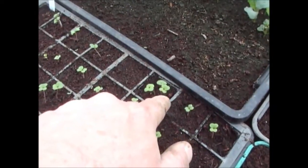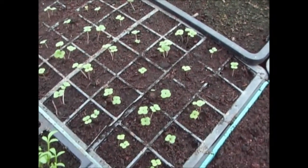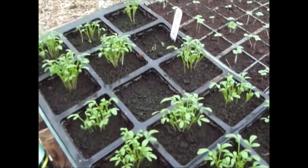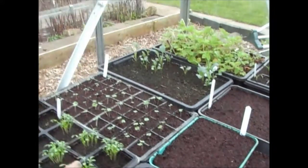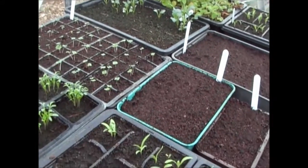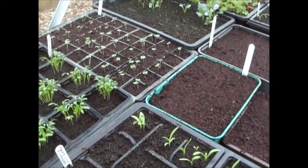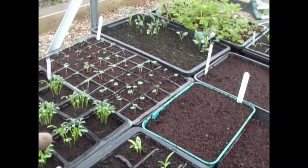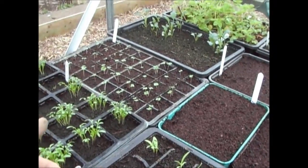So what I'll probably do is try to pot those up slightly. I might put them in bigger pots, but as you'll probably see in a minute, I'm running out of room in the greenhouse, so I need to be careful how many things I'm potting up at the minute. Some things are going to have to start going outside now, to be honest with you, but with this weather it's been